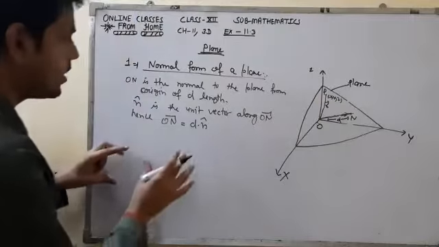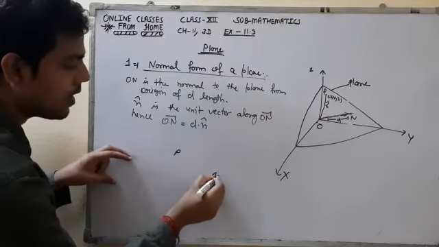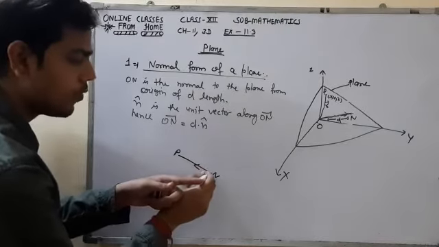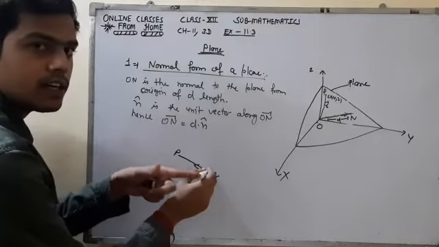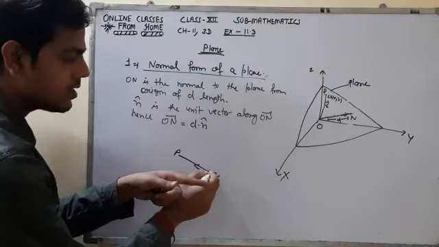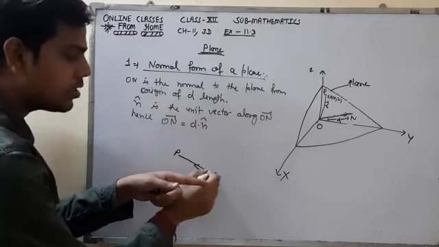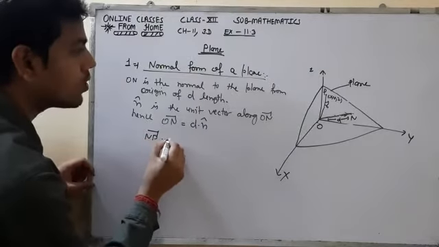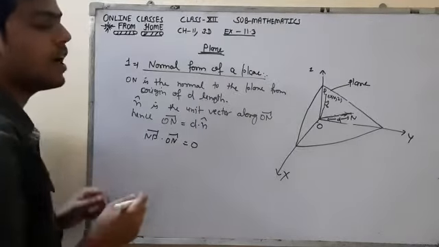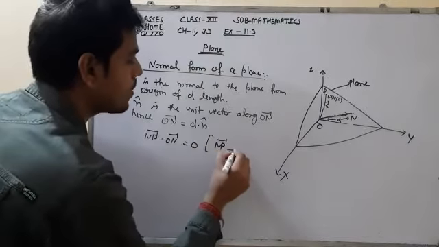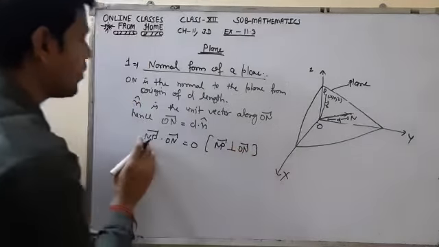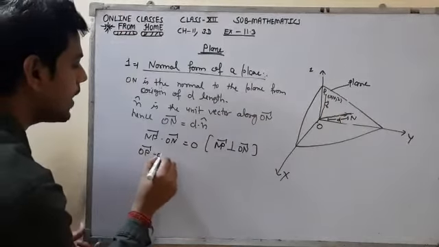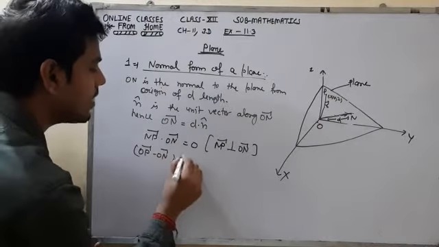Now see one thing. This is the board, this is the point P, this is the point N. So the NP vector and the ON vector would be perpendicular to each other. The ON vector, this marker is the ON vector and this is the NP vector. They will be perpendicular to each other, so their dot product would be 0. So we know that NP vector dot ON vector would be equal to 0 since they are perpendicular to each other. Now put the value: NP vector would be OP vector minus ON vector, dot ON vector, is equal to 0.